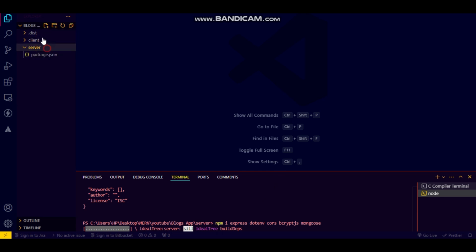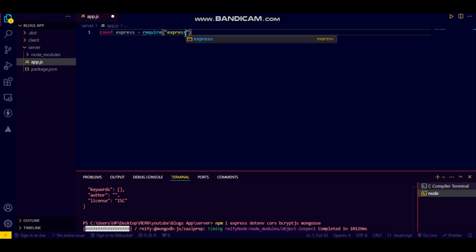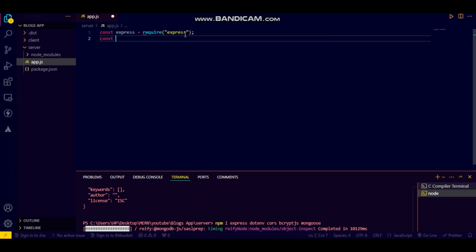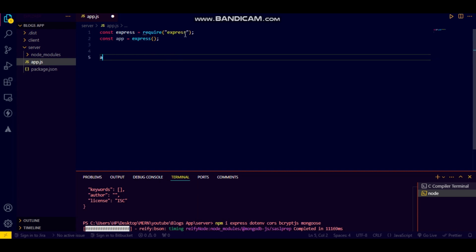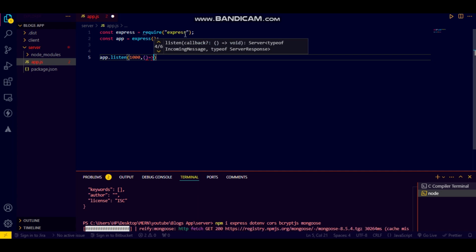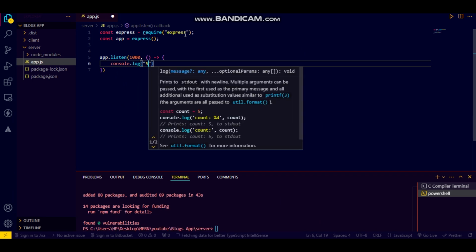Till then we can do one thing here. Go here in the server and create app.js. So the things which we need to cover here are const express equals require express, and that's it. Afterwards const app equals express(), so I have all the functionalities of express in this app variable, and I can say app.listen(1000) and afterwards a callback function, and console.log server